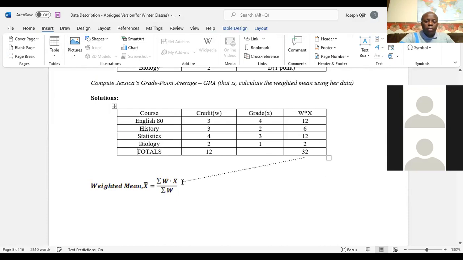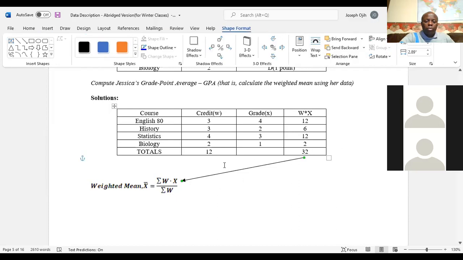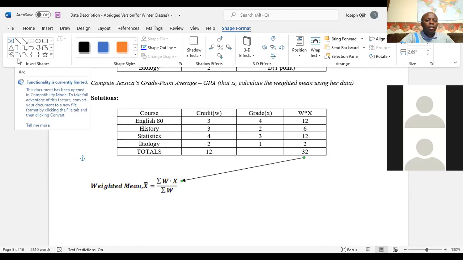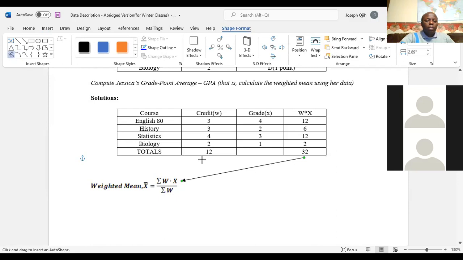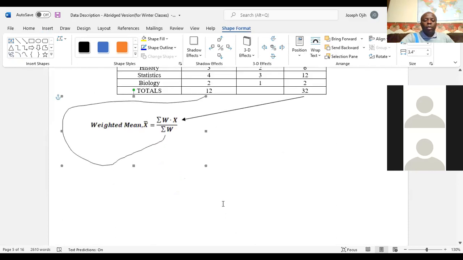See right there. That's it for this one. See? That's 32. Now 12 will be for, I think I'm going to use a wiggly line for this. 12 is for this one here. See, that's for 12. This 12 here. So all we need to do is plug them in,